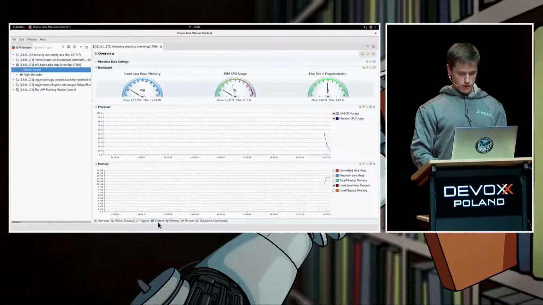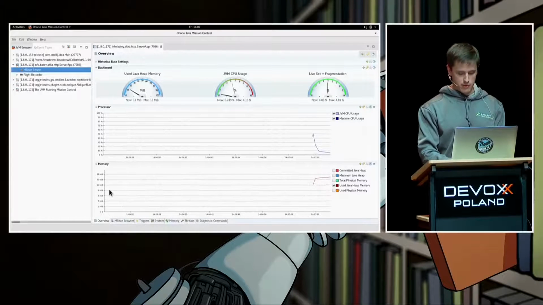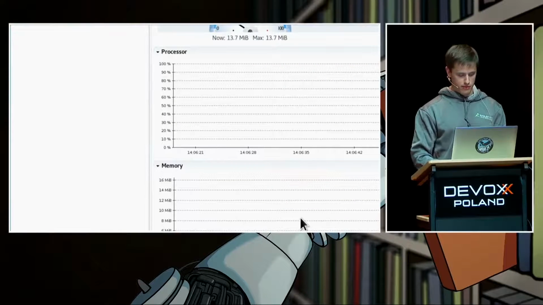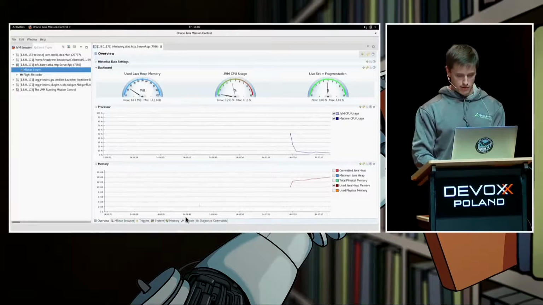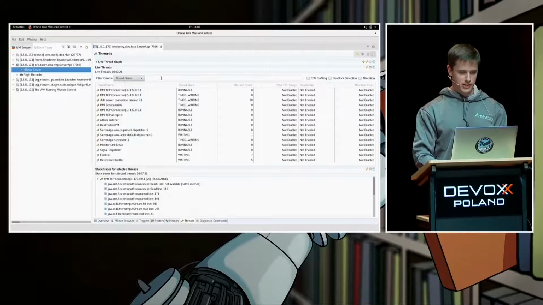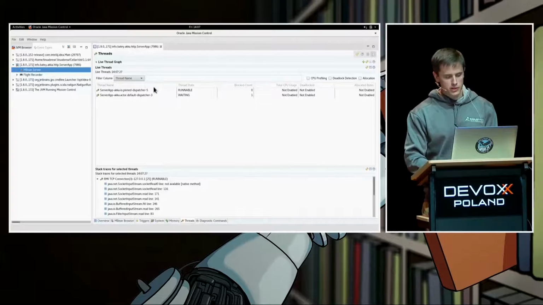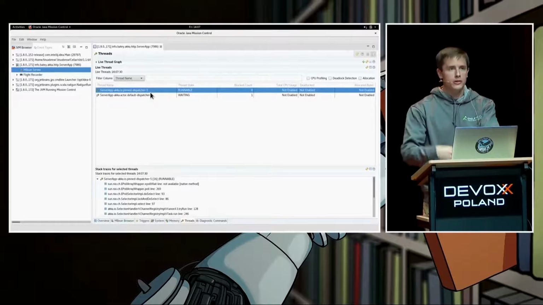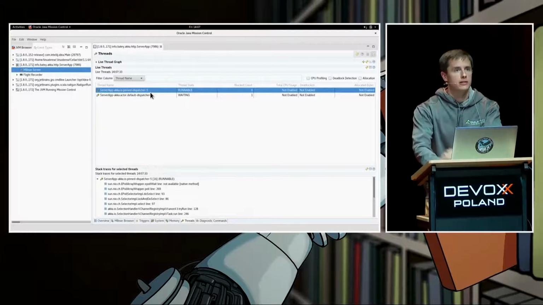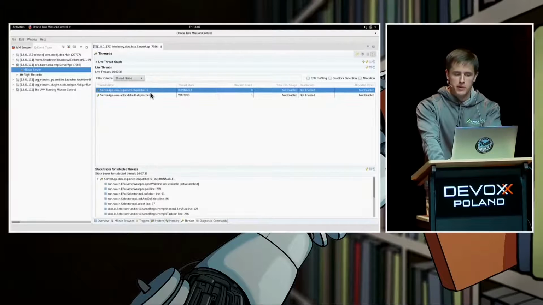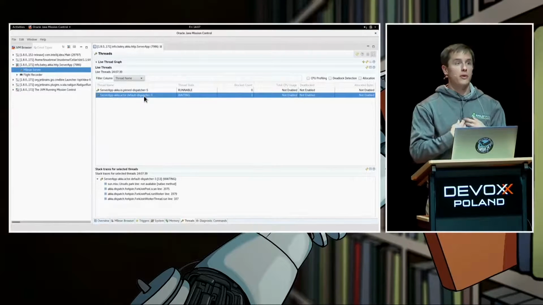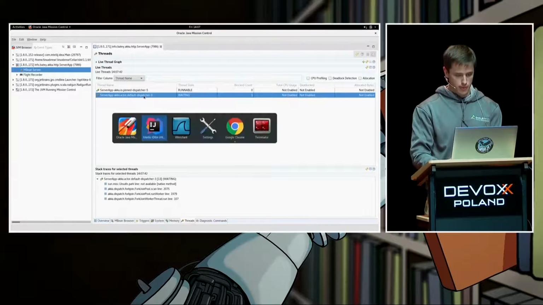And in Mission Control, hopefully you can see this. We can see the amount of memory we're using, which is a very small number of megabytes, and the number of threads that we've got. Of course, the JVM has all sorts of different threads. I'm just going to put a query in here, which only shows the Akka threads, the ones actually doing stuff. This would be the equivalent of your Jetty or your Tomcat threads, your actual request threads. We've got this pinned one, but the one we actually care about is the Akka dispatcher thread. That's where your code is going to execute.